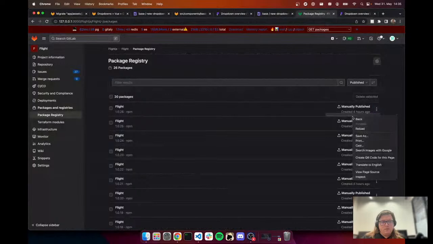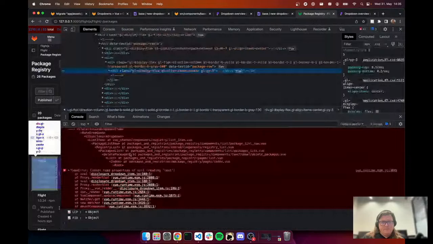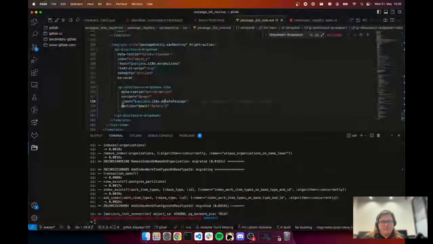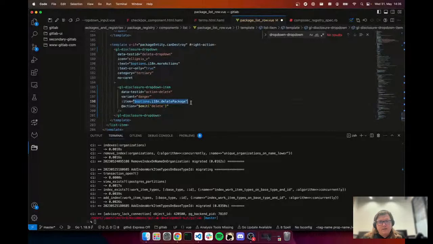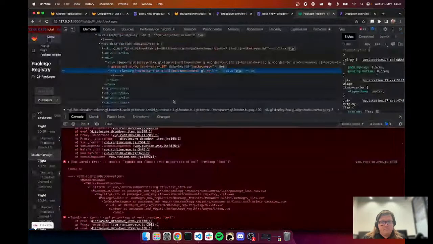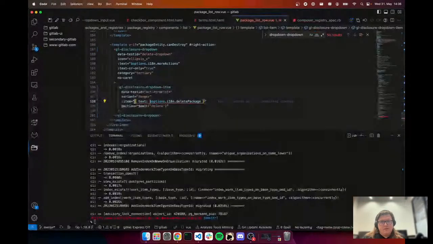Okay, there's a problem. Let's see if we can find any. Yeah, great. That's what we need. Okay, so it shouldn't be text. I think it should be like item. And then in the item, it should have text. And then this should be outside of the render, right? Okay, that looks better. Right. So then,